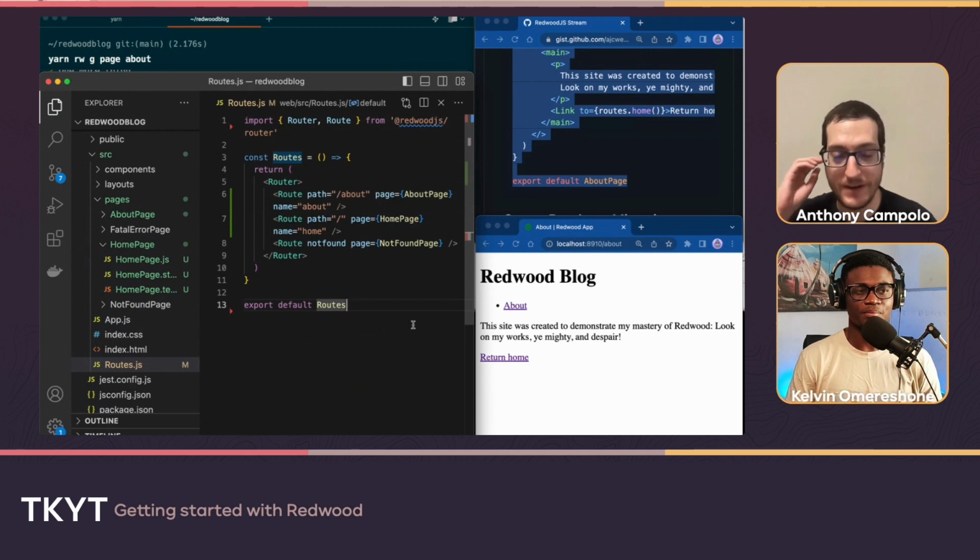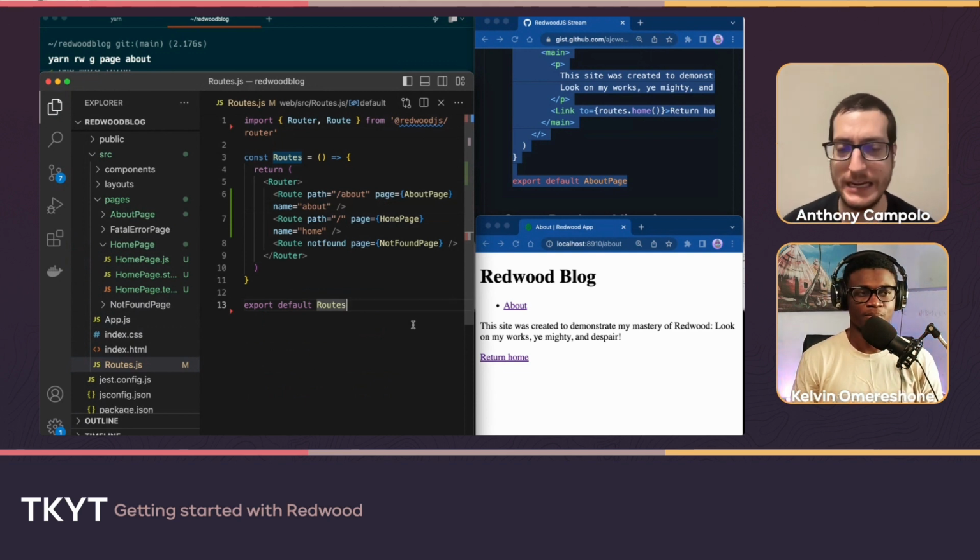Vite came out, I think, in 2020. So it's been a long journey to rewire it from Webpack to Vite, and that's why it's taken us multiple years to get to the point where we're going to be able to flip that switch. I'm really excited about it because aside from Next, we're probably the only non-Vite framework around anymore.